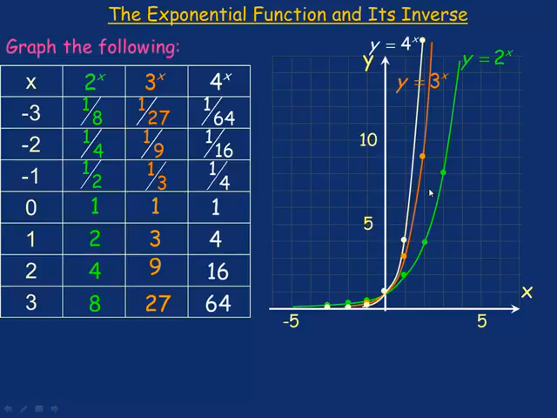Now a couple things I want to point out here. Let's take a look at the 4 to the x. To go from 1/64 to 1 over 16, you actually multiply by 4, you get 1/16. If you multiply 1/16 by 4, you get a quarter. And just to demonstrate that,